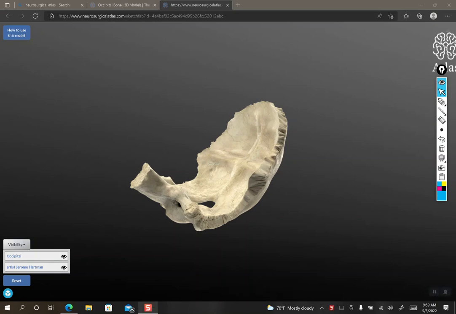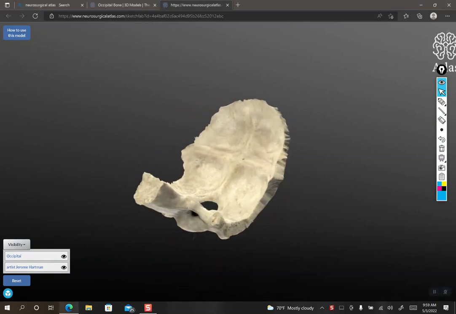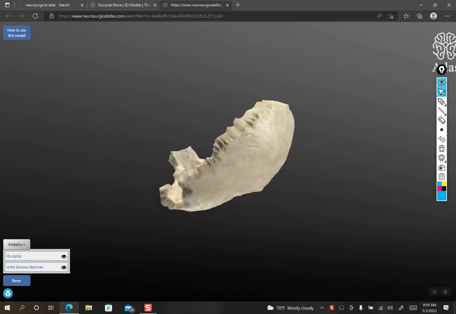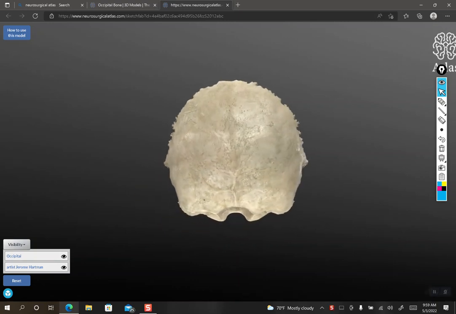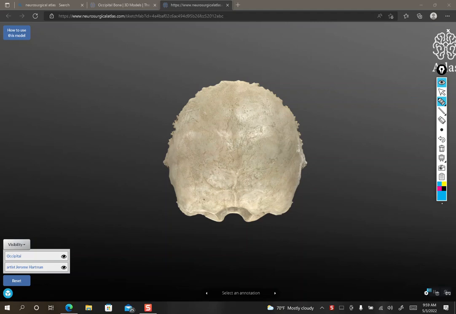Okay, so this video is about the occipital bone, which is what we've got here. So I'm going to show you from the back first. The occipital bone is the bone that covers the rear portion of your brain. So it's at the back of your head. If you just go ahead and touch the back of your head right above your neck, you're touching the